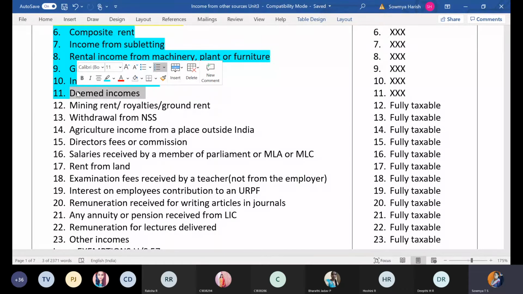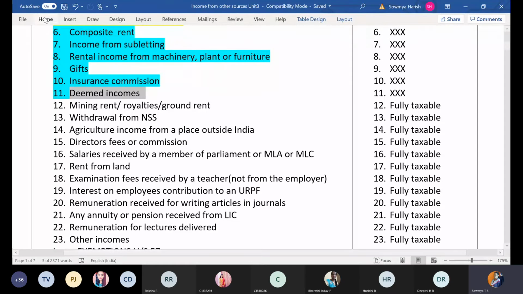For example, smuggling it can be. You would have got some gold or any other article without paying tax or without the permission. Somehow you would have brought it. It's an income for you. So such incomes will be taxable under this head. And to earn that income, if you have incurred any expenses, that can be deducted. Except for casual income, to earn any of these incomes, if you are incurring any expenses, such expenses can be deducted from the income, except for casual income.